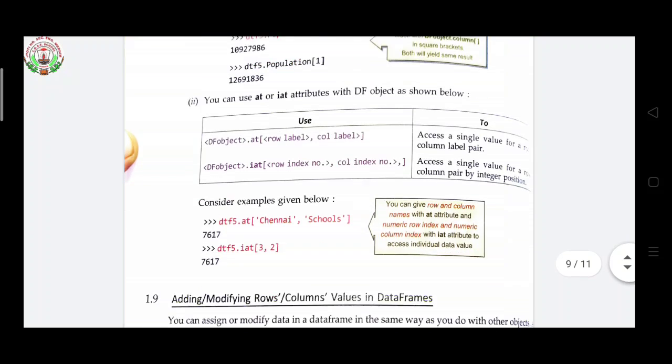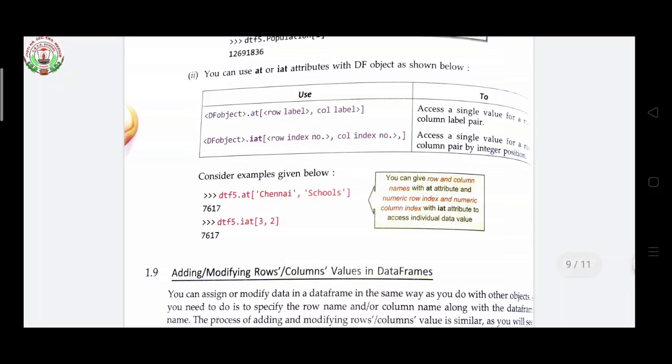Now, example: dtf5 dot at inside square bracket Chennai comma schools, and you will get the value. So here dtf5 dot iat inside square bracket 3 comma 2, you got the same value. So here it is given that you can give row and column names with the at attribute.